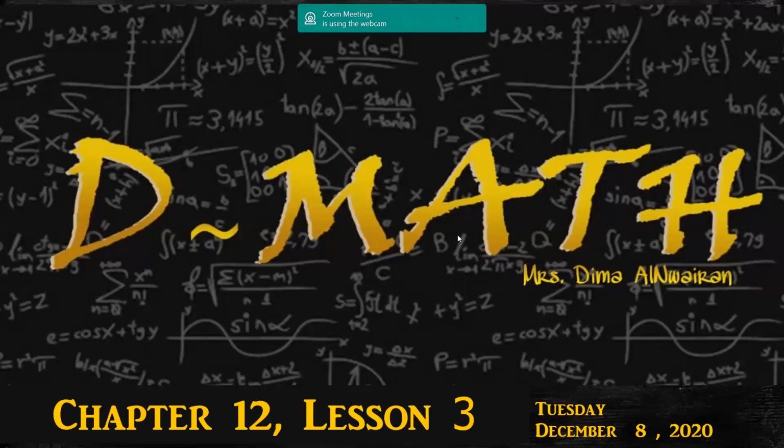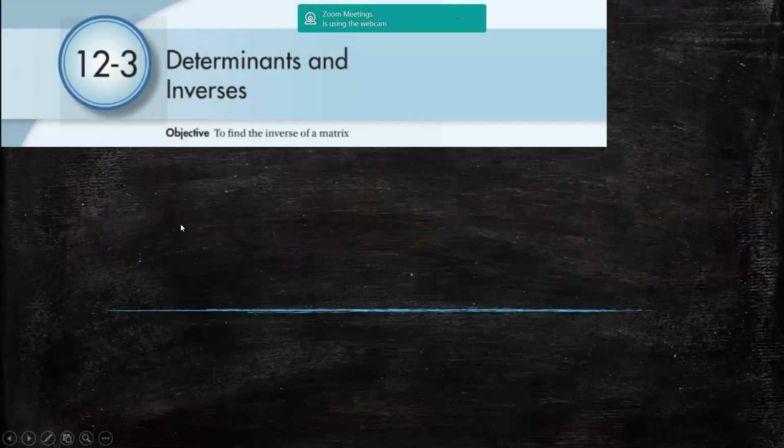Now we will start with lesson 3, chapter 12, which is talking about determinants and inverse. In this lesson, we will learn how we can find the inverse of a matrix. Now, we know that if we have a